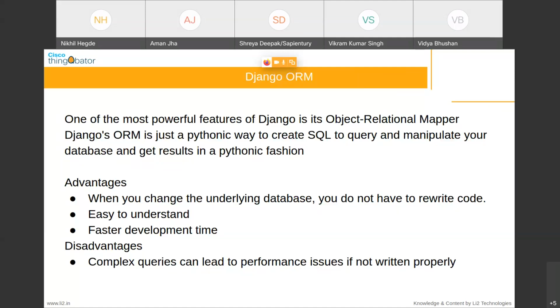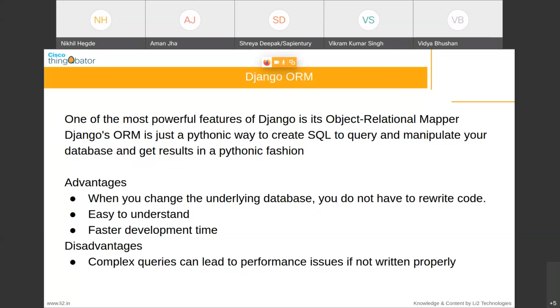That's why if you use Django ORM, you don't have to change anything. You just have to change your database. That's it. Django will automatically get to know, so Django will handle everything. The way you write a query will be the same even if your databases are different. This is a huge advantage as a developer, because otherwise it would be very time consuming. Even after changing my database, the entire code will remain the same.